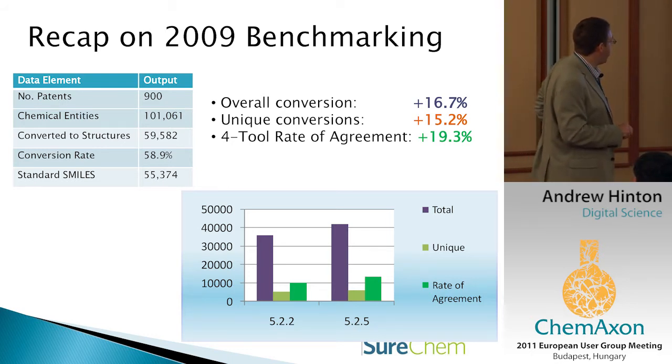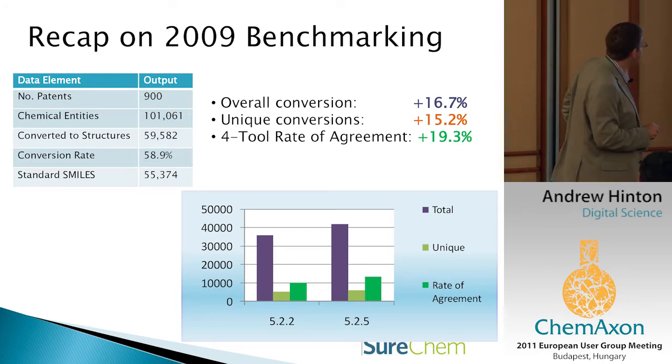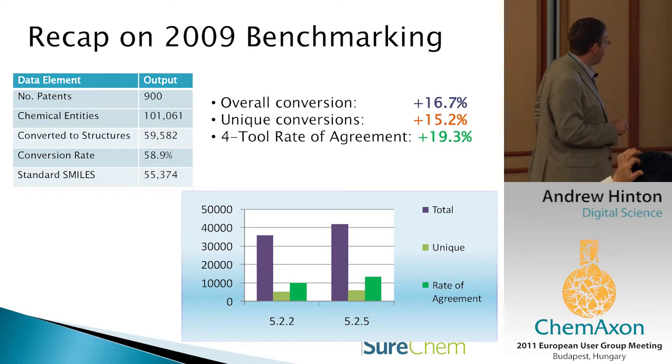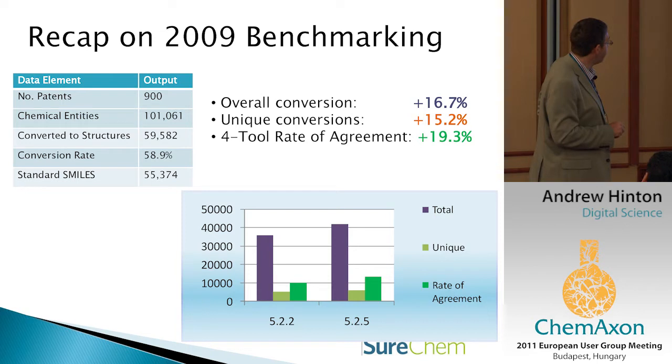Back then, we were comparing version of ChemAxon's name-to-structure tool 5.22 and 5.25 on a corpus of about 900 patents, where we extracted the chemical entities, converted those names to structures using all 4 commercially available name-to-structure tools, and measured some key numbers, such as conversion rate, and you can see the number of SMARs that we were dealing with was about